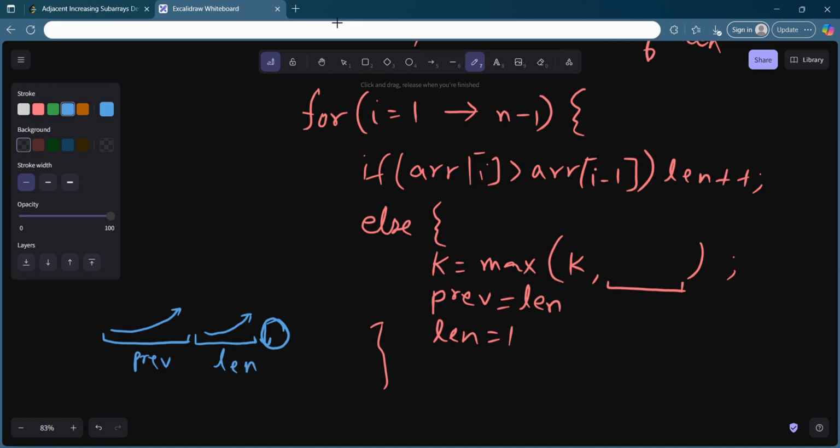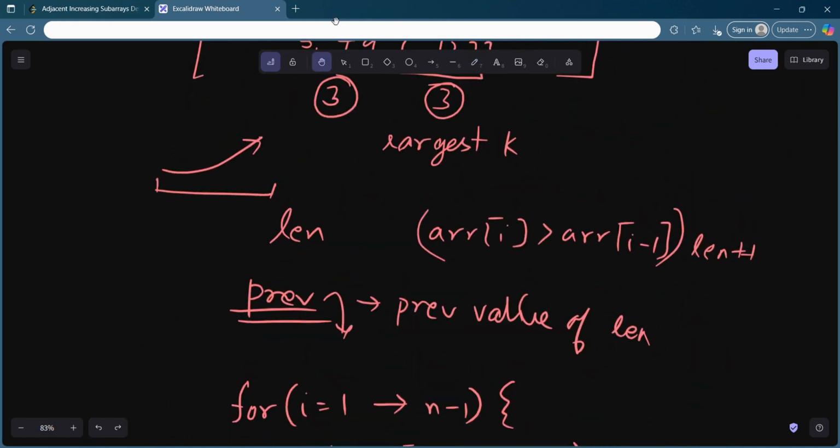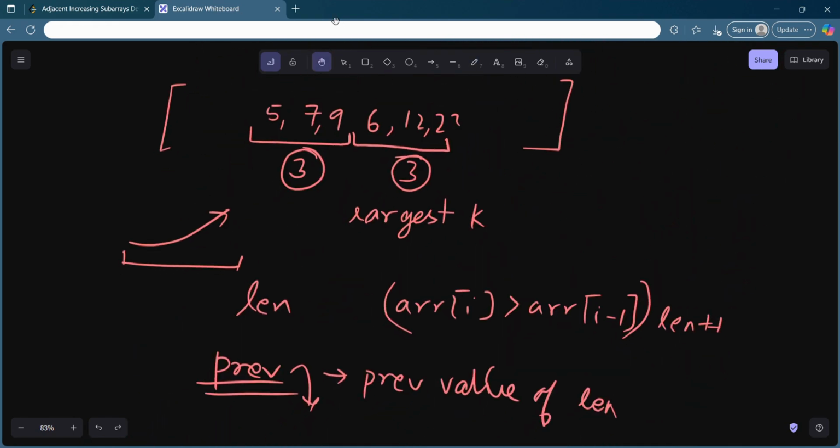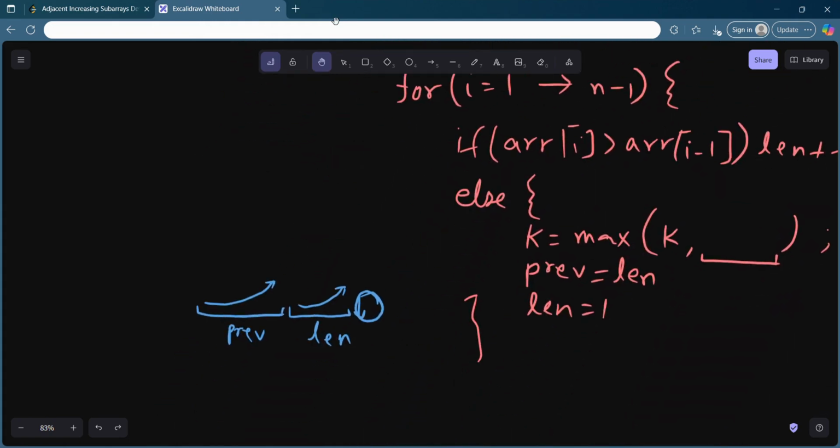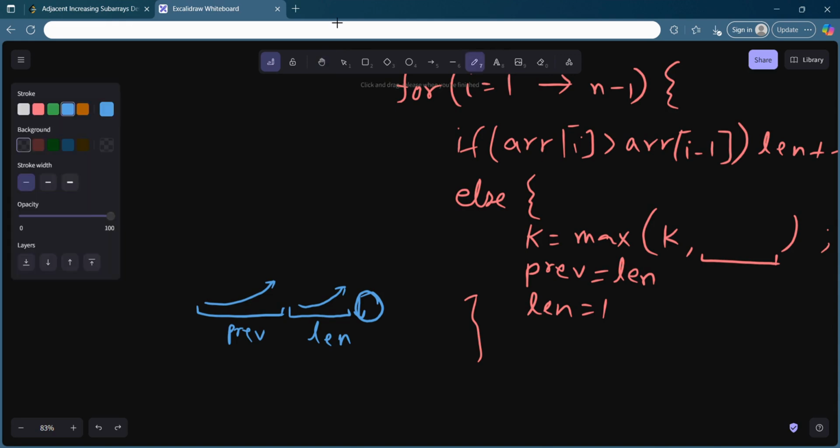Now you definitely can, these two arrays should be of the same length k. I need to find k. If you remember, we need to find the largest k, and they both should have the same length and adjacent values. Now you see that they both have adjacent values, that you can guarantee, because only in that way are you updating your answers, but you cannot guarantee that they are of the same length. So how can you make them of the same length? Let's say this has a length of 8 and this has a length of 5, you can just do minimum of 8 comma 5.